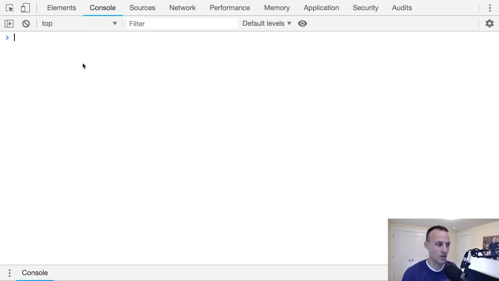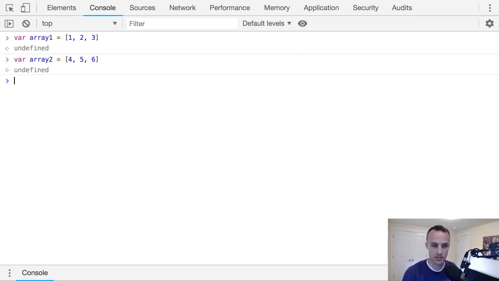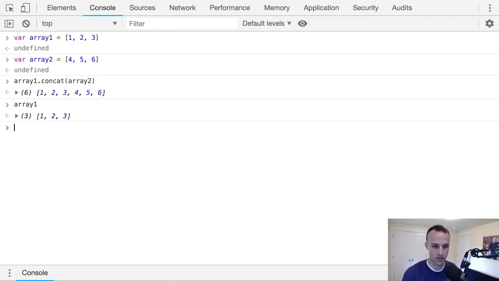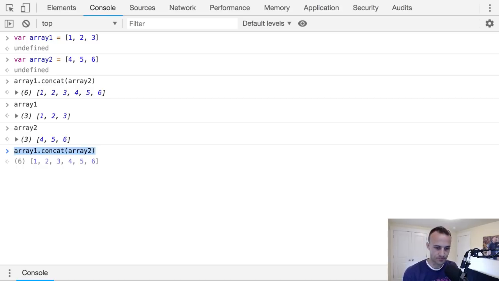So let's say that we have array1 equals 1, 2, 3, and I've got array2 equals 4, 5, and 6. Let's say I wanted to combine these together into a single array. I could say array1.concat(array2), and I get a new array. That doesn't affect array1 or array2. It just says take this array and concatenate everything inside of this other array. So that's kind of cool, but there are some situations where it would be nice if,